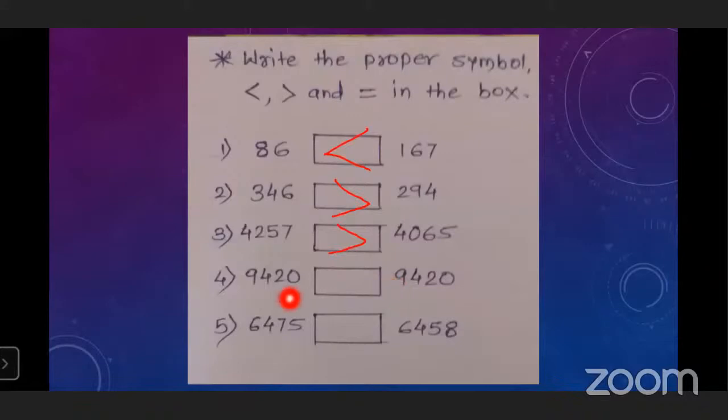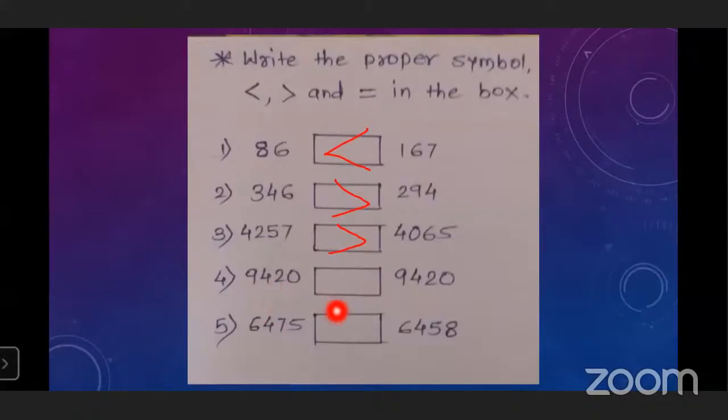When we use the equal to sign? Yes, very good. When both the digits are equal, that time we have to see the higher place of that number. Which digits are on the higher place? Here also 9, here also 9. Then after that we have to see the next place. The next place is the 100 place. On the 100 place, here also 4 and here also 4. After that you have to see the next place. The next place is the tens place.